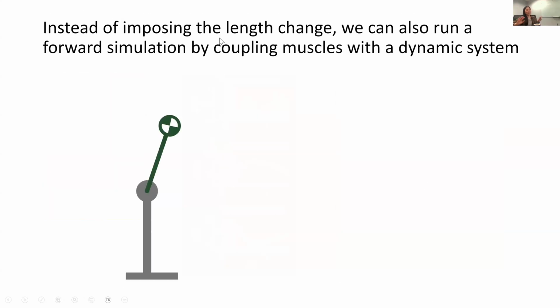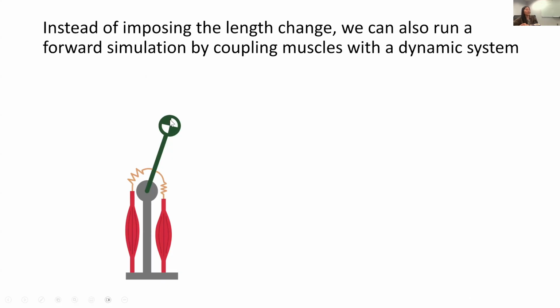So the GUI you played with were showing the case where we impose the movement. That is similar to how we do the experiment on the muscle fibers or muscle in the lab, when you have isolated muscle and you pull it to the length you desire. So the length was imposed to the muscle, but the other way of running cross-bridge simulation is by coupling it with other dynamic system